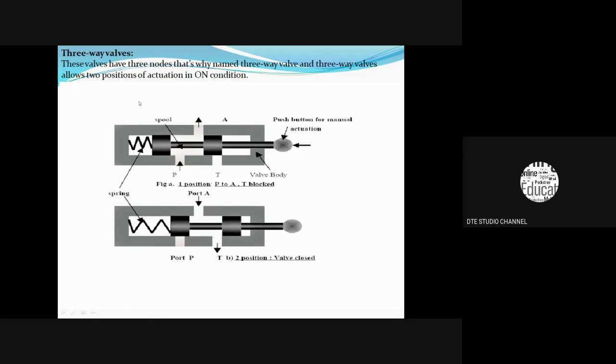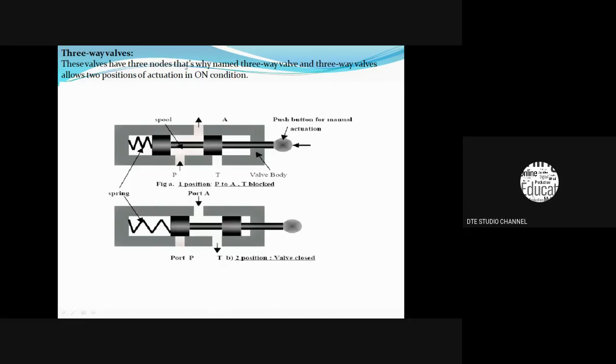Now, this type of valve is 3x2, since 3 ports are made on the valve body: P, A, and T. In the first position, fluid flows from P to A, and it enters the actuator. By releasing the push button, it comes back to the right. Port P is closed by the plug, and A and T are open. The fluid which is present in the left end of the piston in the actuator flows back from A to T, and the fluid flows to the reservoir. Since it has 2 positions and 3 ports, it is called a 3x2 DC valve.